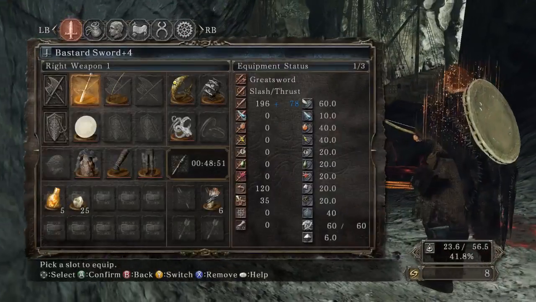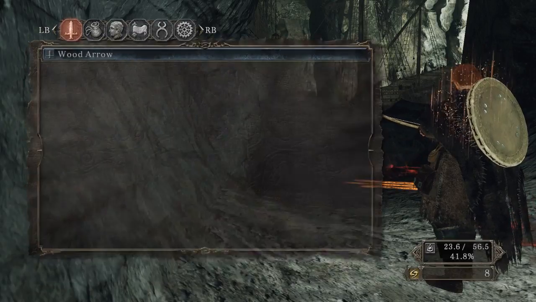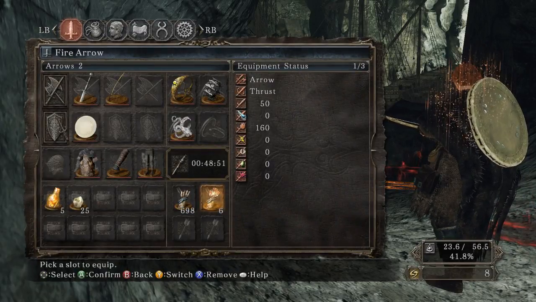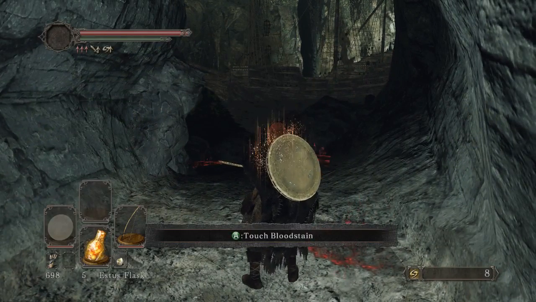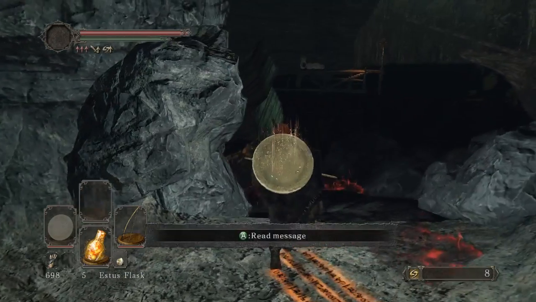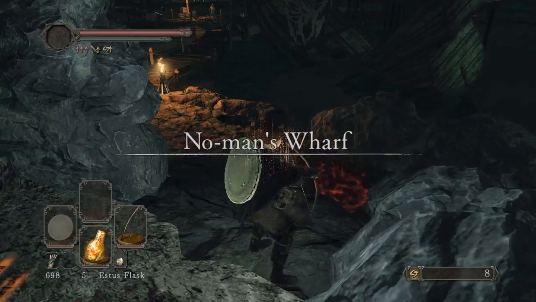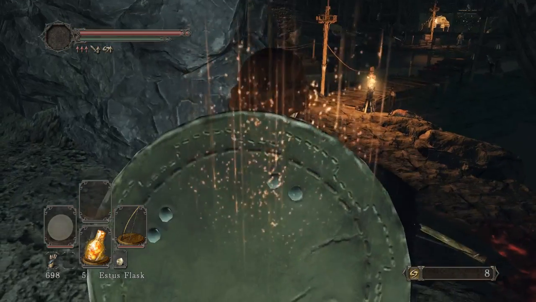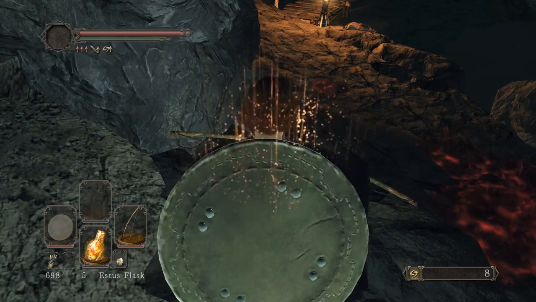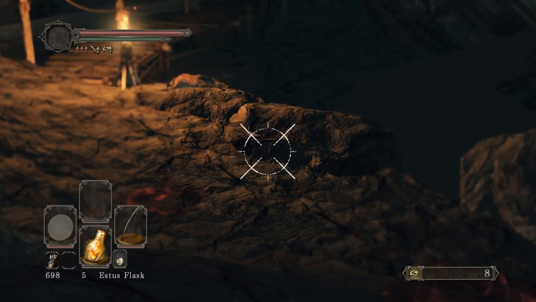But I do need to put them back on there. And I'm going to go ahead and take these off so I don't accidentally loose those at the wrong time. Fire arrows can be extremely useful in all kinds of situations, so I will want to...